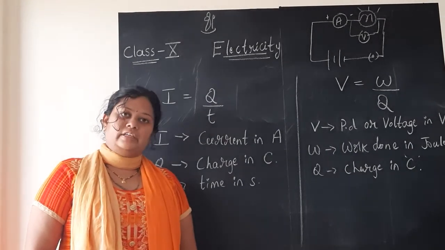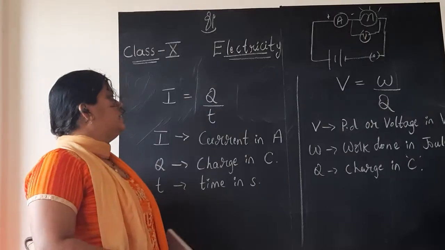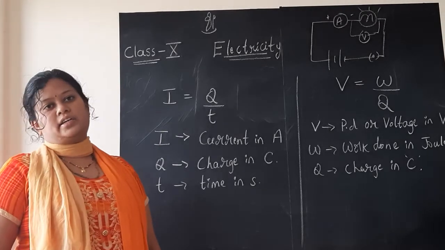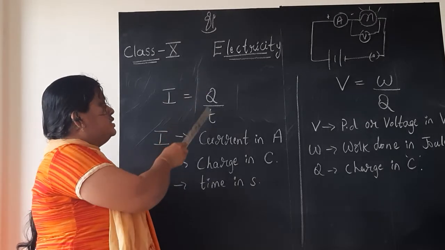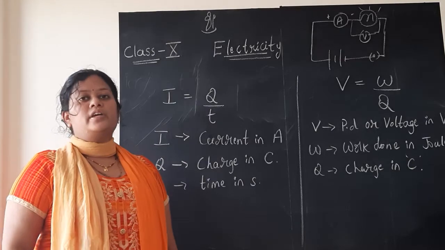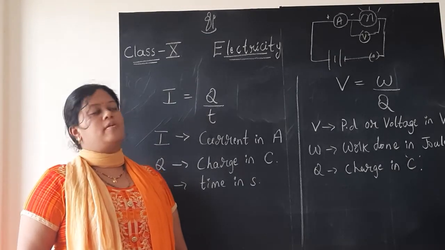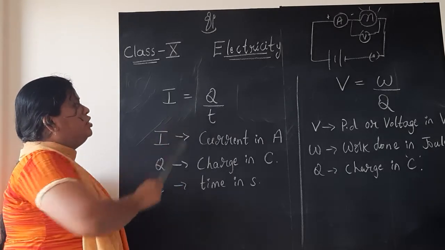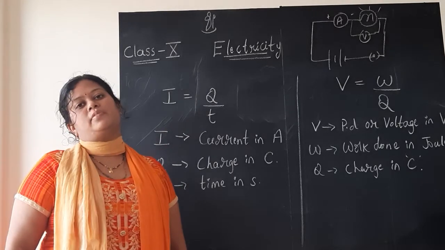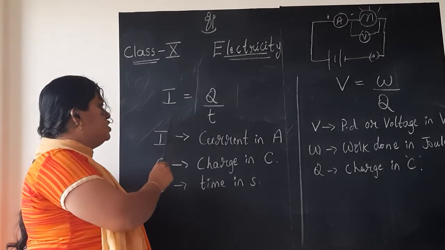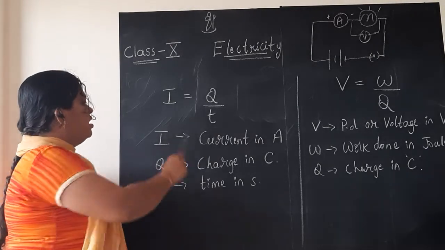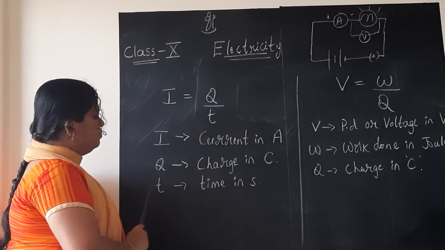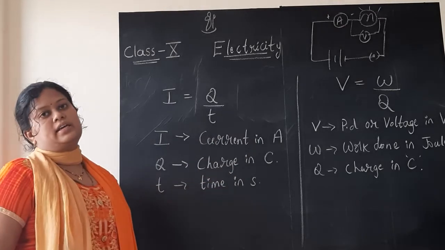After studying about the electric circuit, children, let us recall the formula which we have studied to measure the current in any circuit. It is given by I is equal to Q by T. Already you have solved numericals based on this formula, but simply to recall what I am explaining you again, I is equal to Q by T is the very first formula which you are studying in this chapter to measure the current flowing in the circuit, where I is the current in amperes, Q is the charge in coulomb, and T is time in seconds.